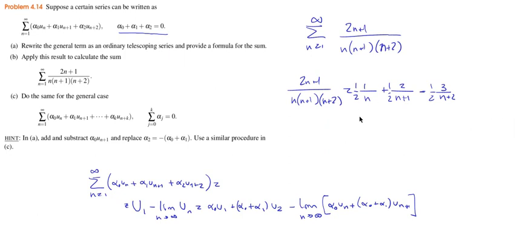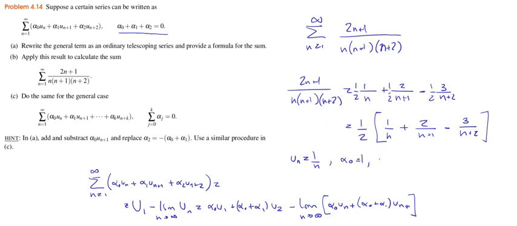So that means that we can take a common factor here, 1/2, and then we have 1n plus 2n plus 1 minus 3n plus 2, right? And so if we look at the original general series, this is u sub n here is 1 over n, right? We have alpha sub 0 is 1, alpha sub 1 is 2, alpha sub 2 is minus 3, and the condition that alpha sub 0 plus alpha sub 1 plus alpha sub 2 is 0 is